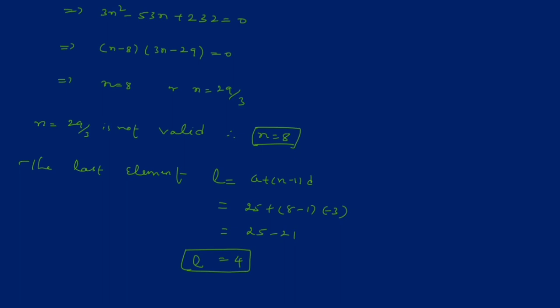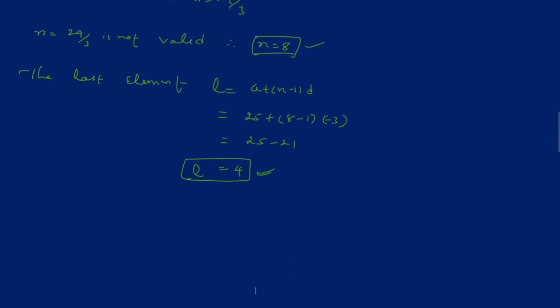So we have got our required value of n and the last term also. The n value is 8 and the last term value is 4. Hence it is the solution of our given equation. So the next example